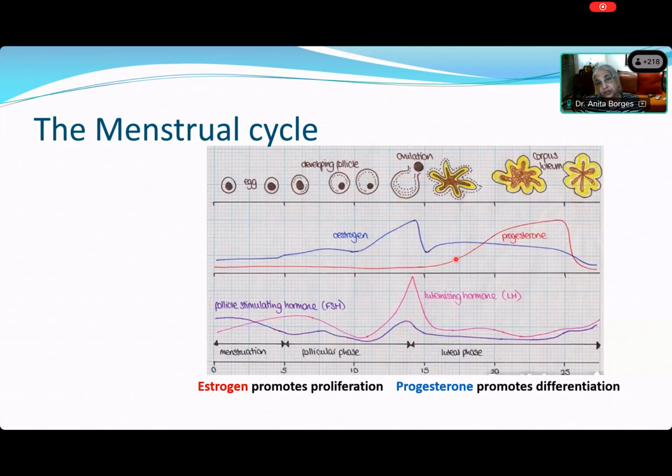And then thereafter, progesterone starts to rise. The amount of estrogen comes down, but estrogen never really disappears from the system. But you have high levels of progesterone. Just before menstruation, both estrogen and progesterone fall. Progesterone falls very sharply. Estrogen, of course, falls, and then goes back to its level at the time of menstruation. Slowly, under the influence of follicle stimulating hormone, the estrogen will rise in the next cycle because it is being secreted by the developing follicle in the ovary. That's why it's called the follicular phase. And it's called the luteal phase.